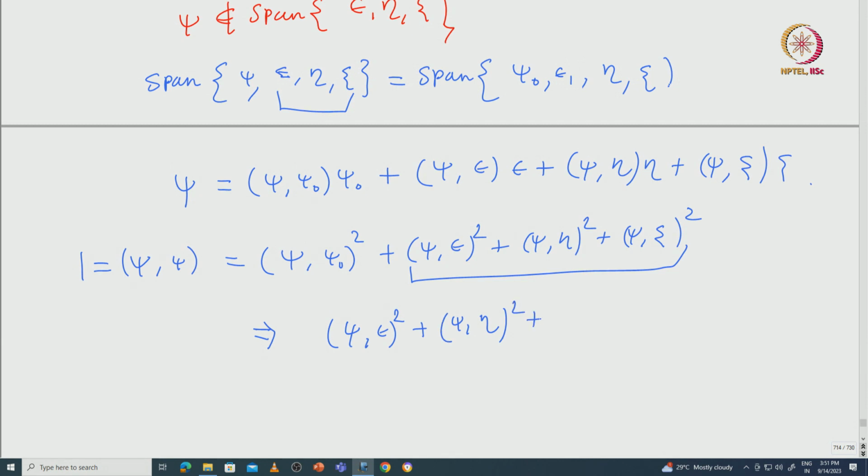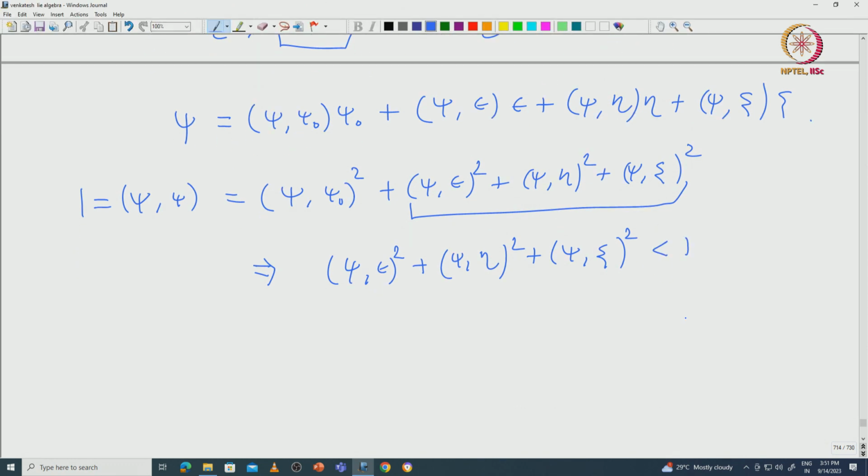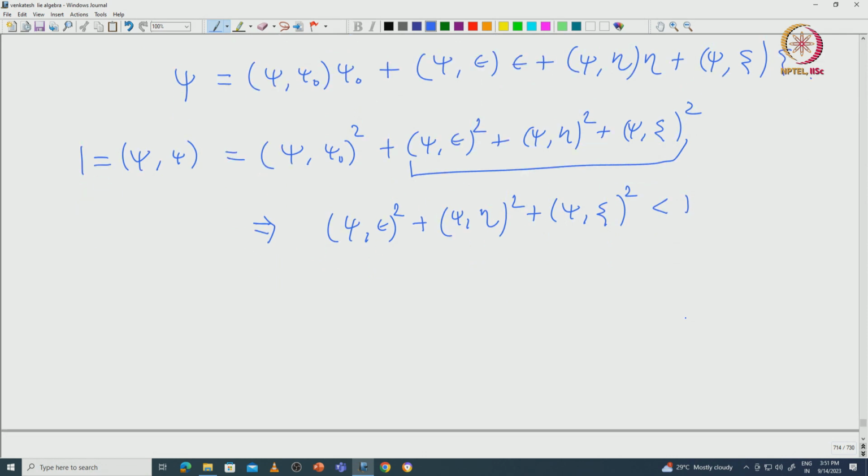What is this subsum? This subsum is nothing but the cosine squares of the angles between xi and epsilon, eta and xi. So, this is exactly cosine squared theta 1 plus cosine squared theta 2 plus cosine squared theta 3, where theta 1, theta 2, theta 3 are the angles